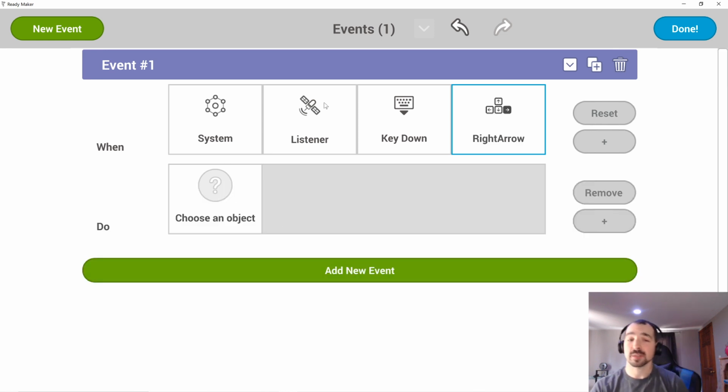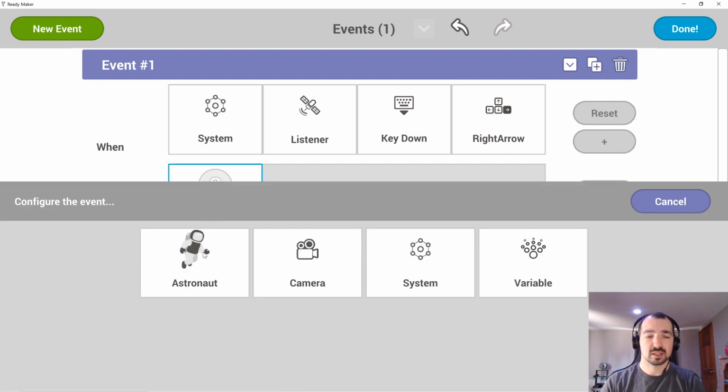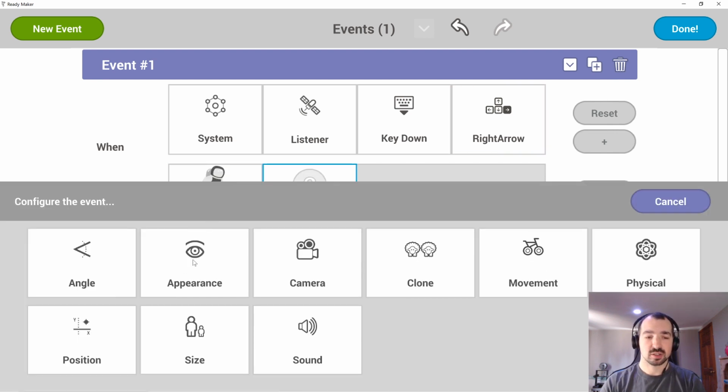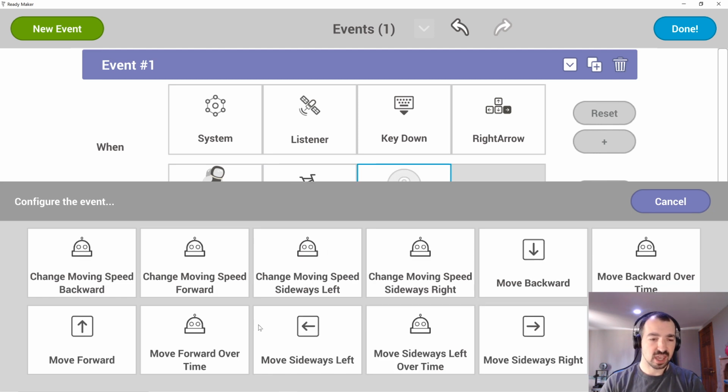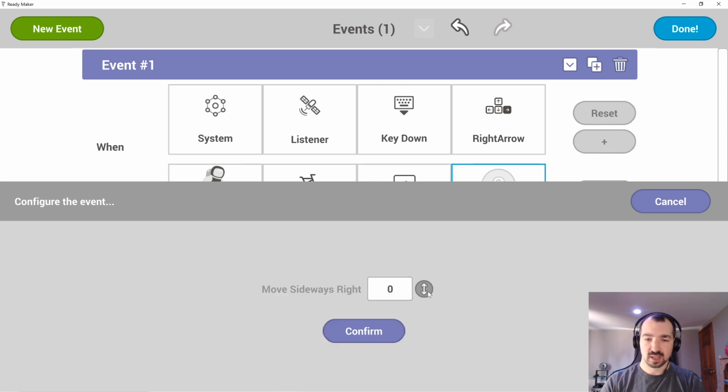So when the system hears that I have pressed down the key, the right arrow, then what do I want to do? I can make my astronaut, let's see, move, and then move sideways to the right. And I have no idea what the scale of this movement is. So what I mean by that is, right now, it says,